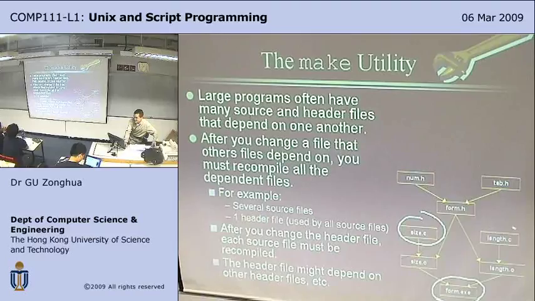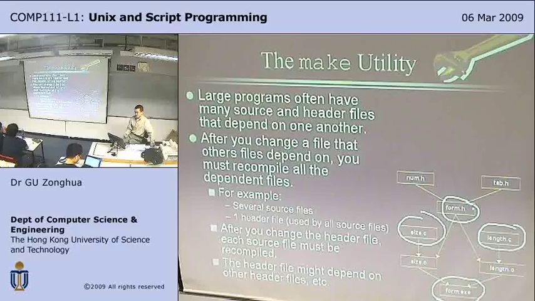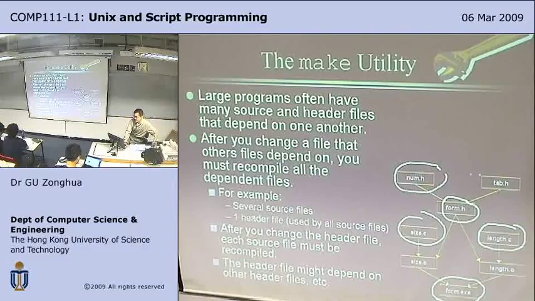And length.o is obtained from length.c by compiling it. And length.o also depends on form.h, which means that length.c perhaps includes form.h as a header file. So form.h depends on num.h and tab.h, which means that perhaps within the .h header file, you have included two other header files. So whenever you modify, say, num.h, then you must trace the dependency tree and